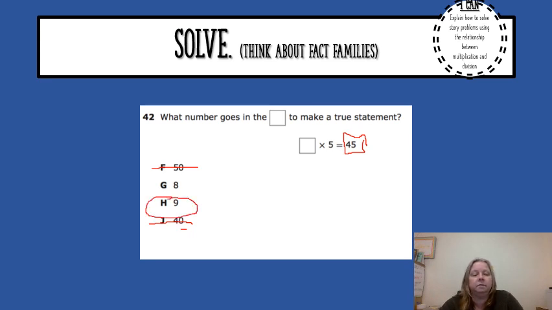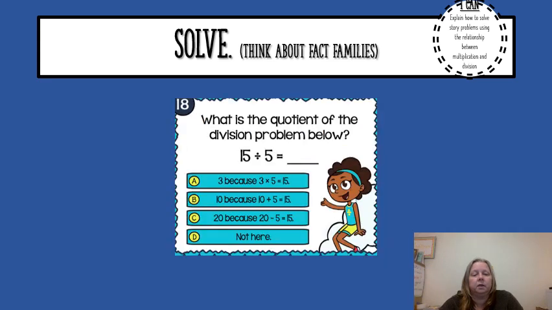All right, guys, let's see. What is the quotient of the division problem below? All right, think about it. One thing I know about the quotient, it's division, so the biggest number is the first number. So it's not going to be bigger than 15. So I can go down right away and mark off letter C because number 20 is bigger than